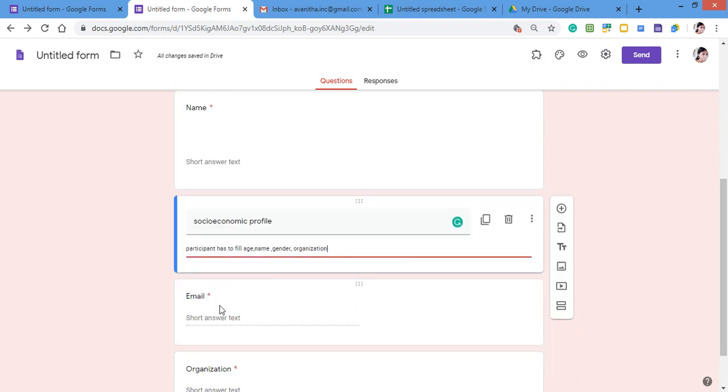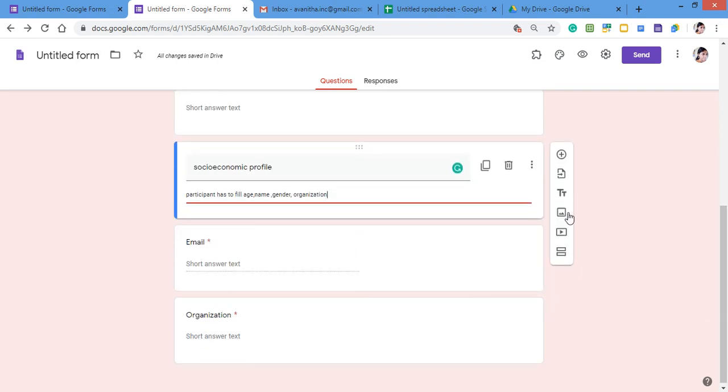Like that, for example, here I have asked the questions. Now I want to make it as sections, that is demographic factors or socioeconomic profile as one section, and attitude as another section, and other aspects as further sections. Then I can add the sections here.